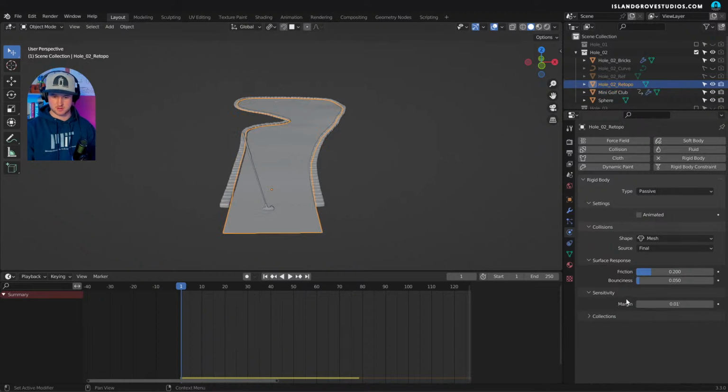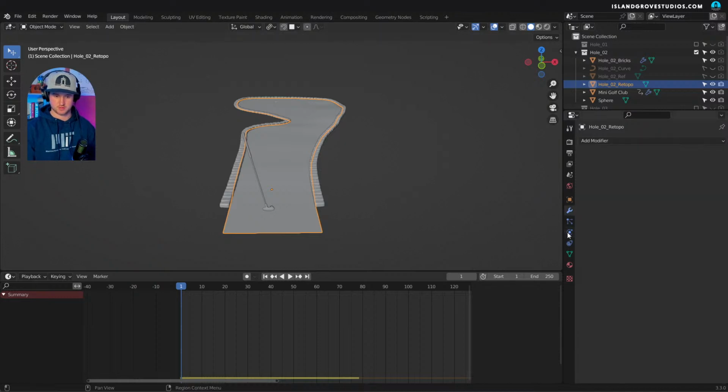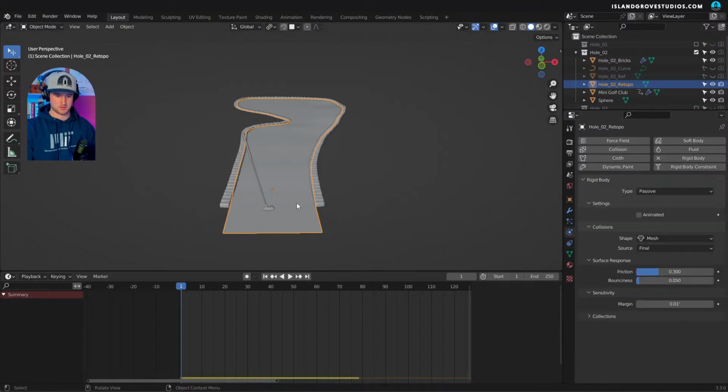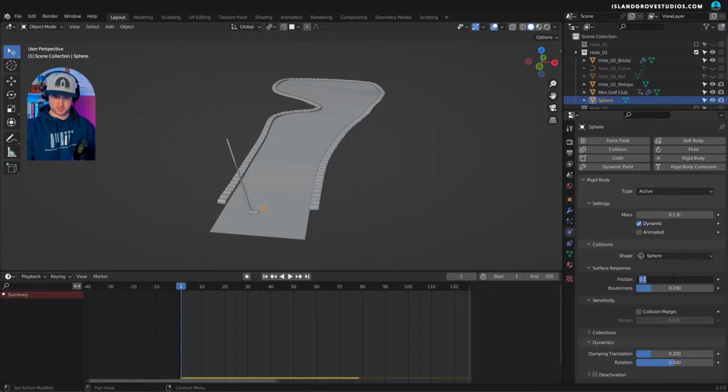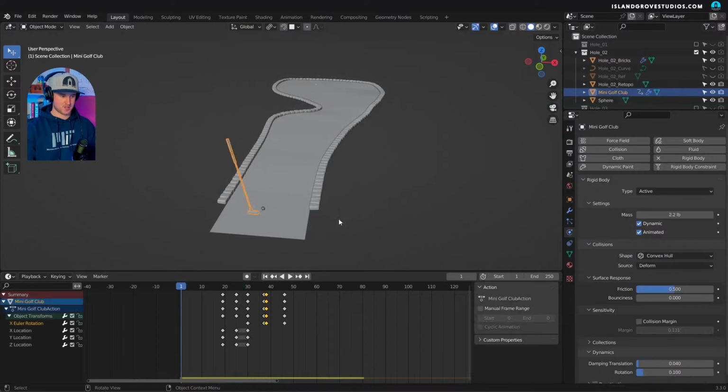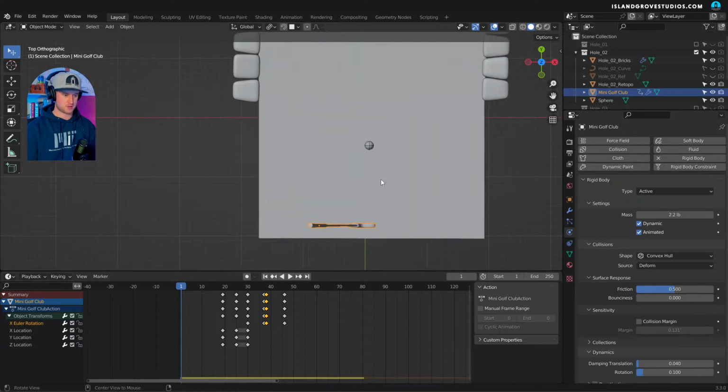Let's take friction 0.3, oops. Ball friction, it's 2.2 on the ball. Okay. Now what I want to do actually is, so right now the club is